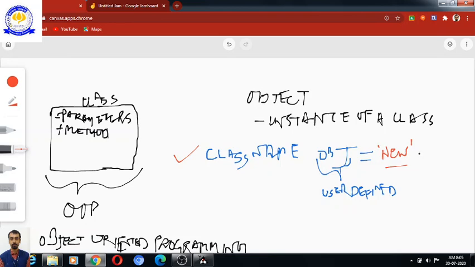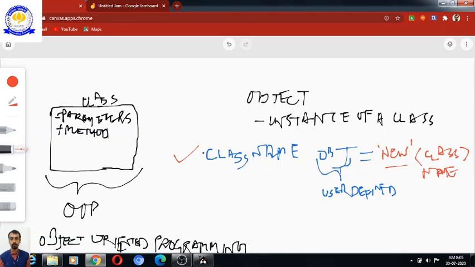So after the new, what follows here is the class name, the name of the class from which this object is going to be created, that particular template.